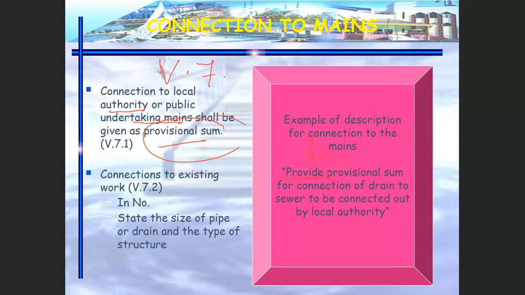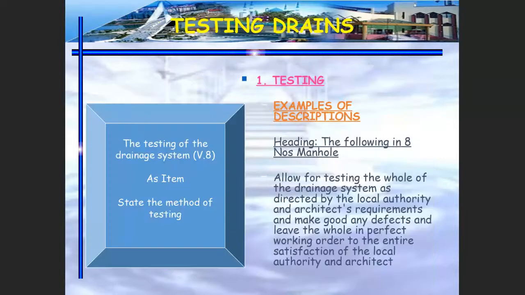The difference between V.7.1 and V.7.2 is the second one is for existing work. So if this one is for existing work, you have to measure by stating the number of the connection. For example, you have one item. If you look at your detail, you have existing manhole number 9. Okay, so there will be one connection to the existing manhole. In your layout plan, you can refer back to drawing number 20. And of course, the last one is